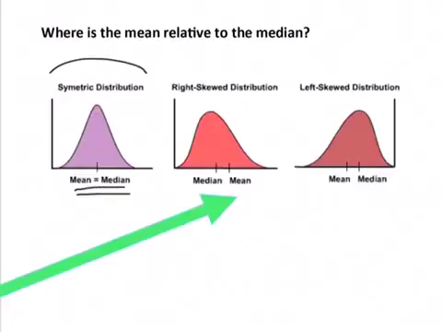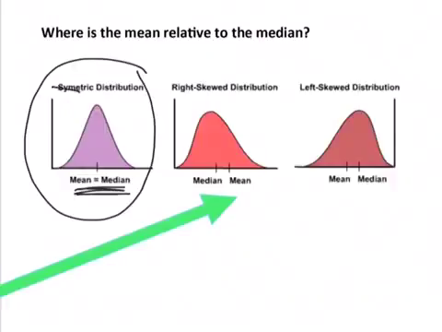This was actually in your B notes. If you have a skewed right distribution, meaning the right tail is longer, the mean is going to be higher because you have high outliers or high values